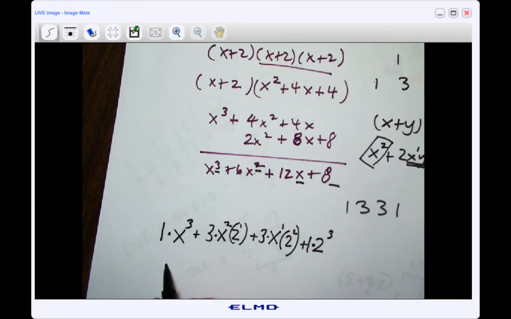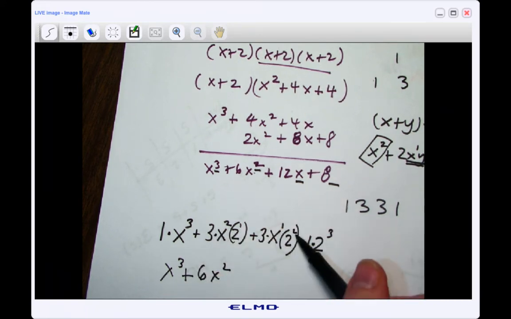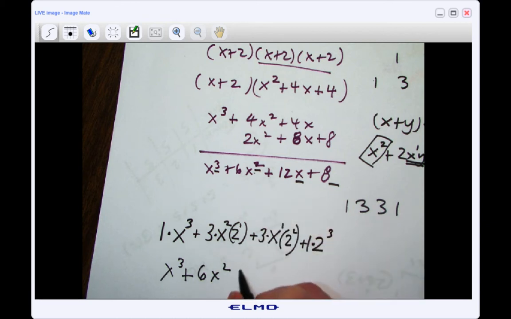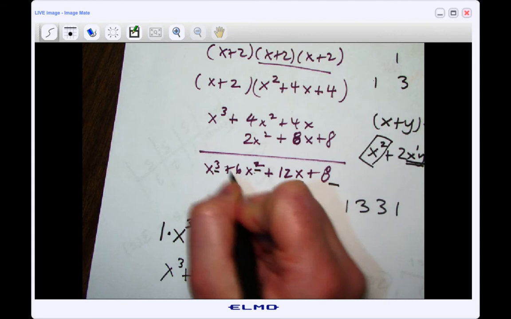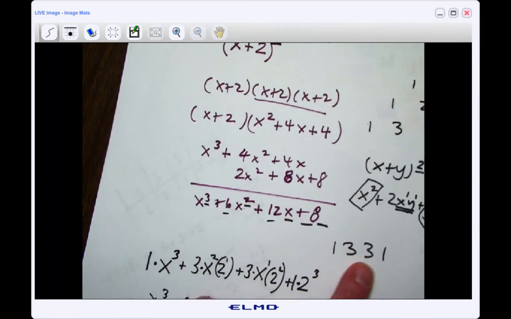This becomes x to the third plus, well, 2 times 3 is 6x squared. This will be a 4 times 3 is 12, and this will be an 8. And you see how it gave me the same exact numbers as up here? Pretty cool, right? So instead of doing out all that math, I just needed to know this, and I needed